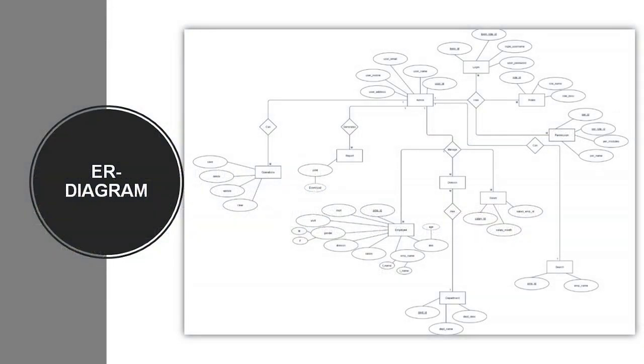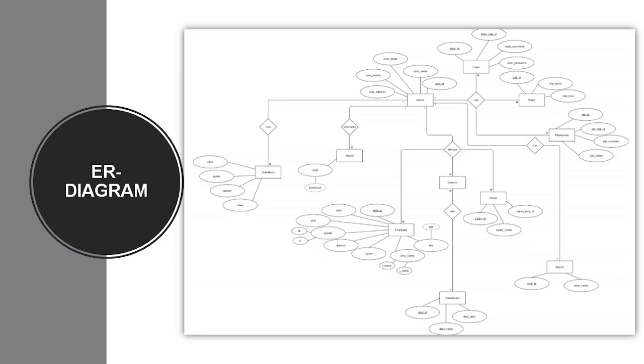Now you can see our ER diagram for the employee management database system. From this, we can establish the following relationships. Admin has login, admin has roles, admin has permissions, admin can search, admin manages employee, admin manages division, admin manages salary, division has department, admin generates report, admin can do operations.